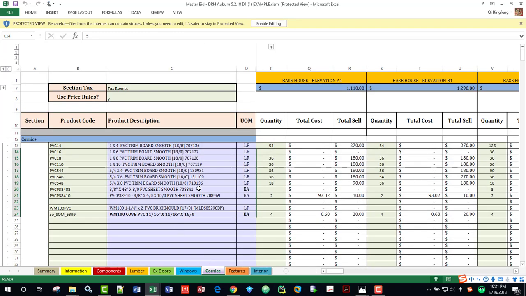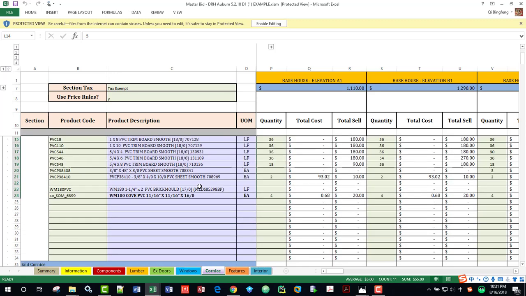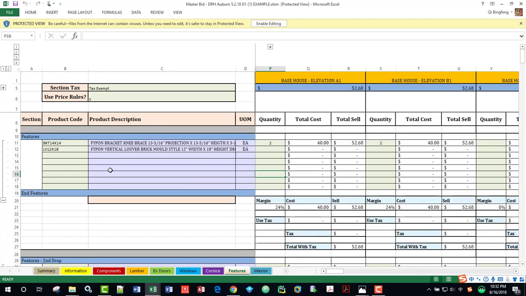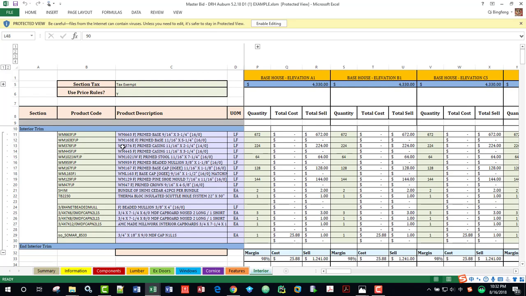Cornice, here's the cornice takeoffs. You can see I didn't personally do these takeoffs, but I know how to do takeoffs. When I did templates, I did a lot of takeoffs. But here in estimating, I only price all those jobs. So we just make sure all of our pricing is up to date, make sure all the increases from the vendors and suppliers are included, and make sure the margin is good. And here's the feature takeoffs: interior trim,